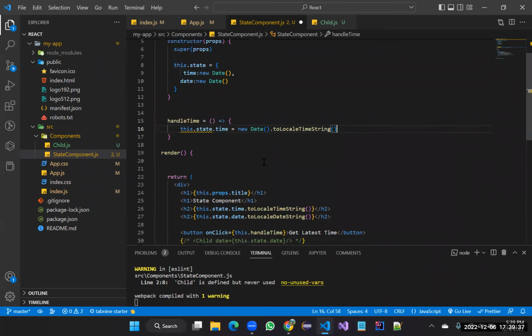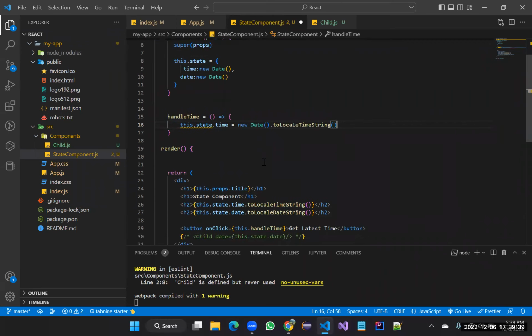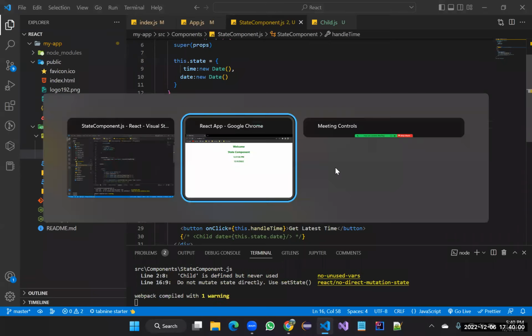In React, there is a concept called rendering. Once any of the DOM or any event is rendered in your application, the component needs to render. If you directly write this.state.time, React doesn't understand that there is a change in the state variable and that I am going to update it. So it doesn't recognize this. Once I save this,